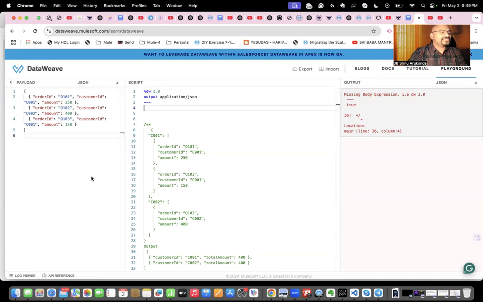So this scenario is like this. There are some orders. Each order is made by a customer. So the input contains the order ID, customer ID, and the corresponding amount. Here, if you see, the input contains three orders, right? Two orders were done by customer C001, the first order and the last order, and another order was done by the customer